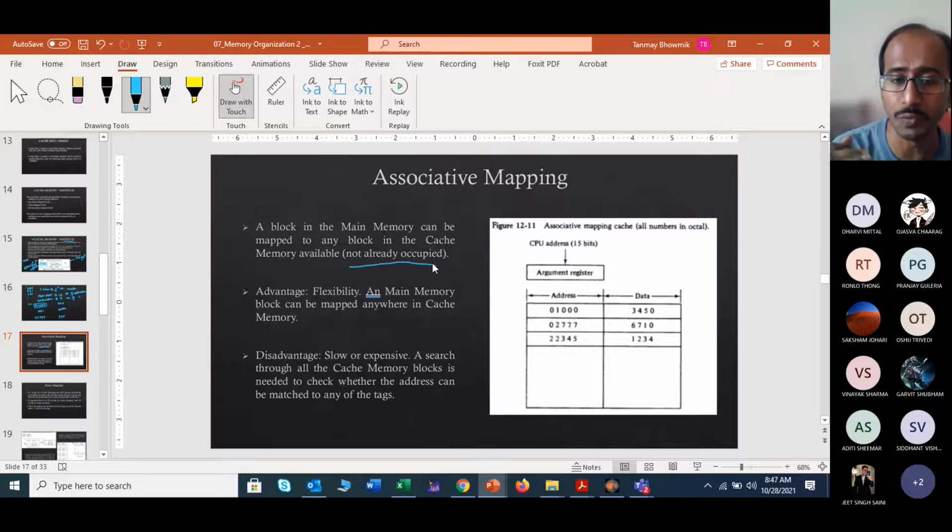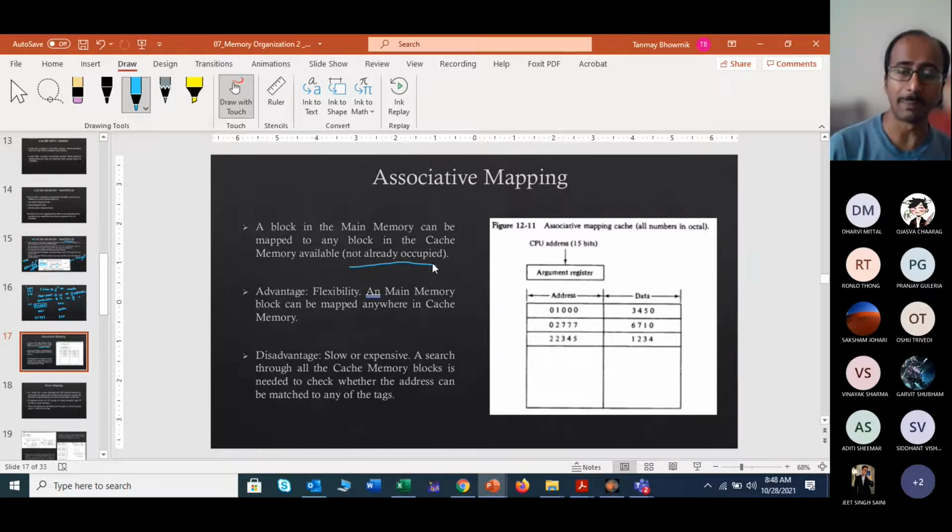It is like this: if you are right now free, maybe you are a member of a student club and right now you are not handling any event, then only your supervisor can give you some kind of work, right? So in this kind of thing, whoever is free, that particular location gets assigned the data.